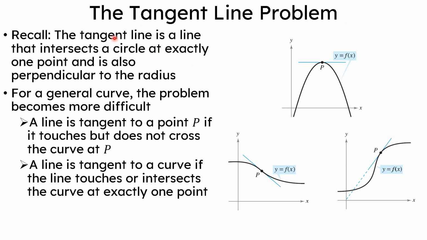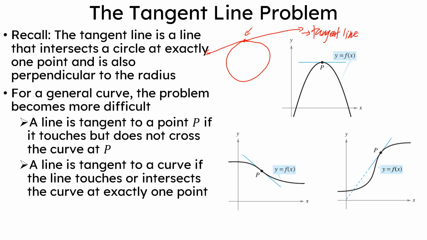The tangent line is a line that intersects a circle at exactly one point and is also perpendicular to the radius. For example, if we draw a circle, in geometry the line that will touch the circle, although it looks like it touches at different points, is supposed to touch at exactly one point. Okay, let's redraw that. There you go. That point here is the point of tangency, and this line here is what we call our